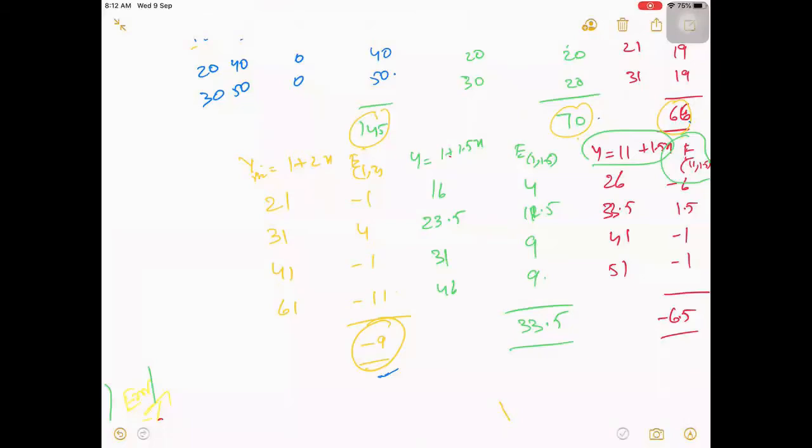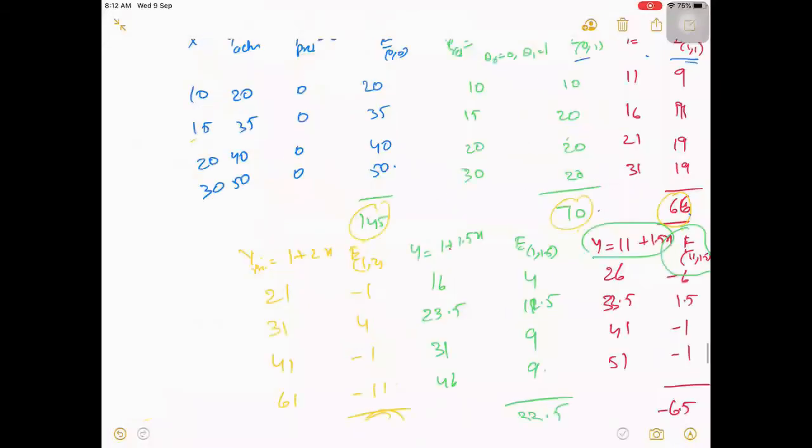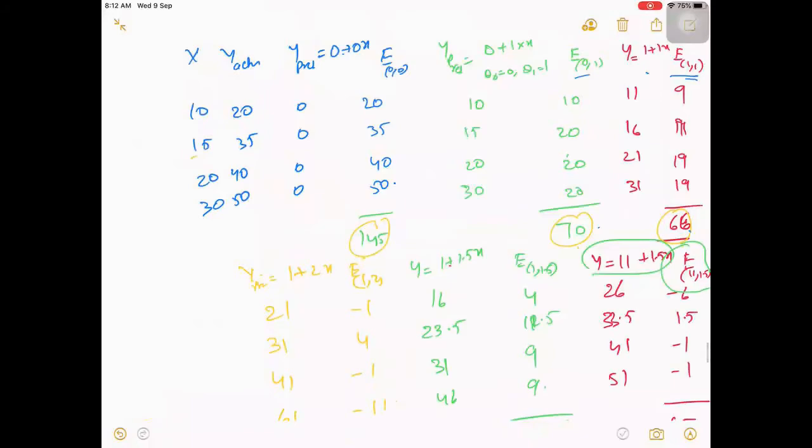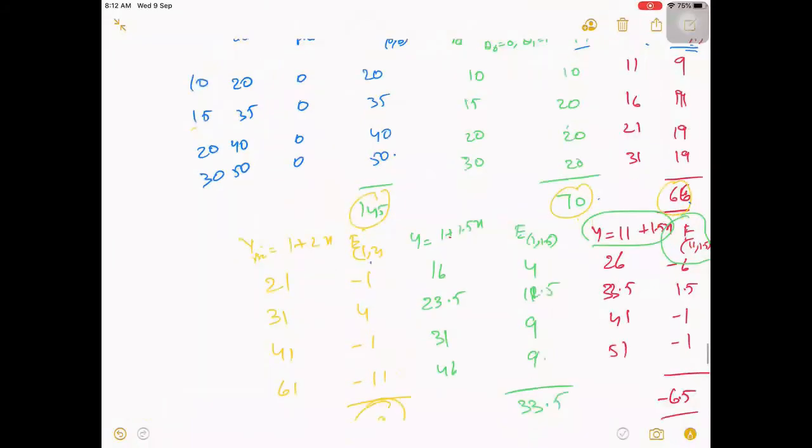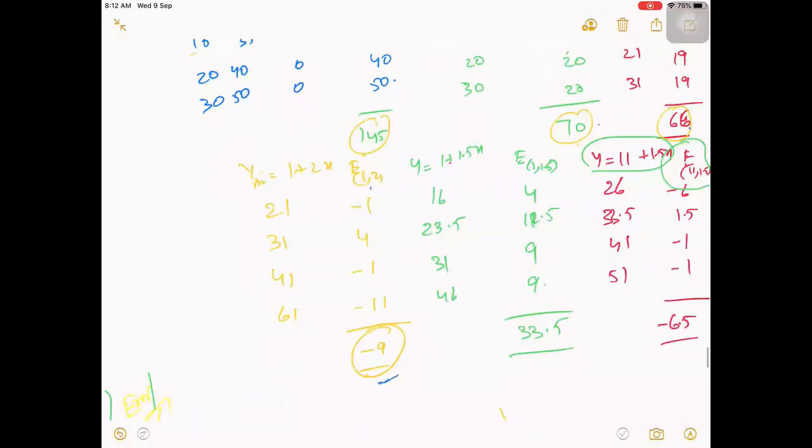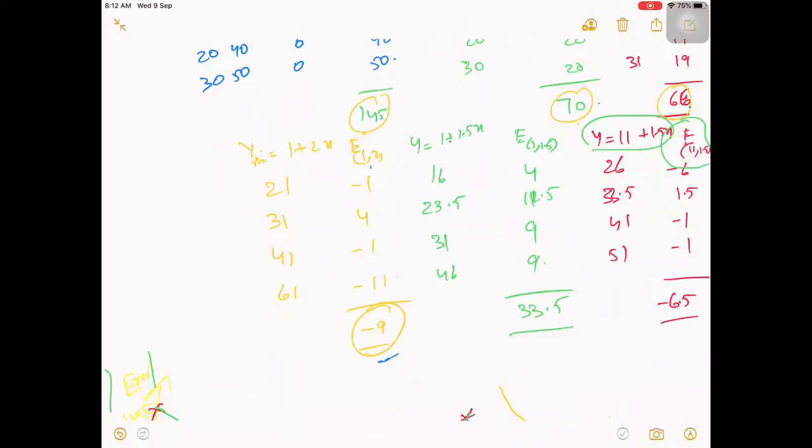From this, we find that the optimum value of theta 1 will be somewhere between 1 and 2. So next I made it 1.5 and checked, and I got something like this. This time, from negative, it came back to positive.